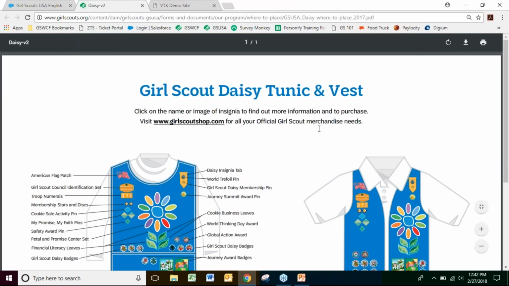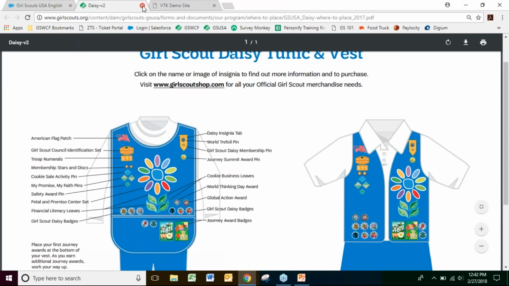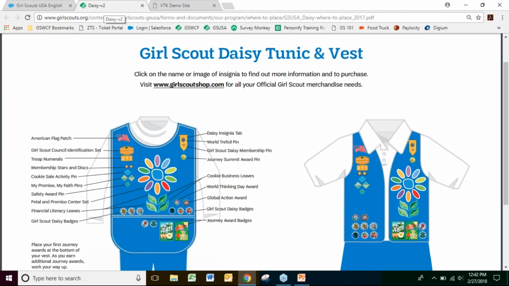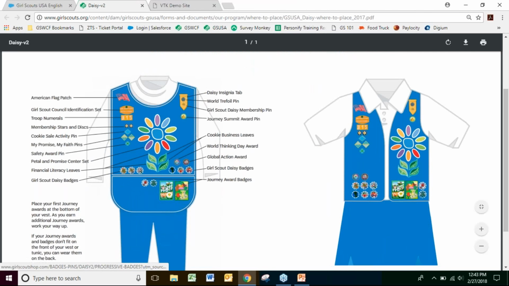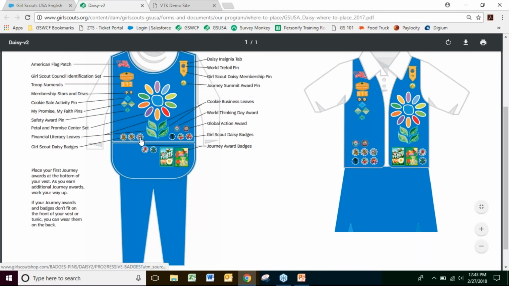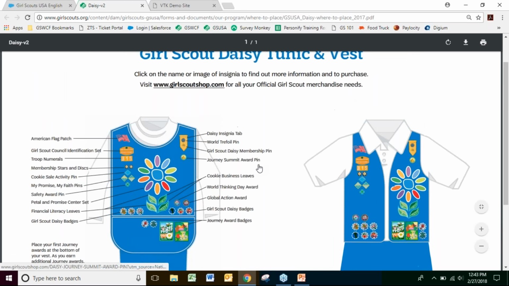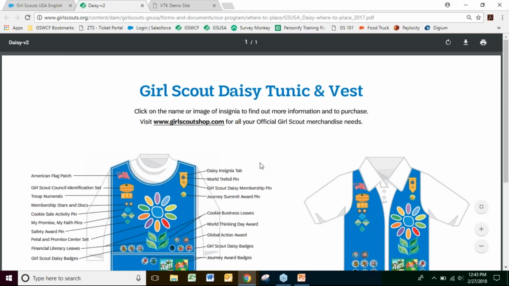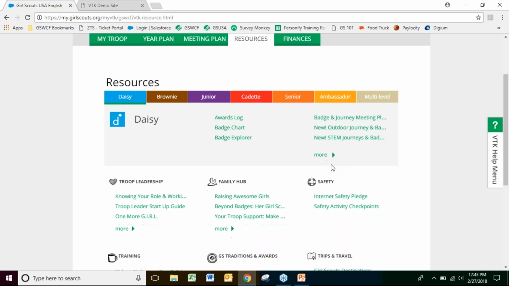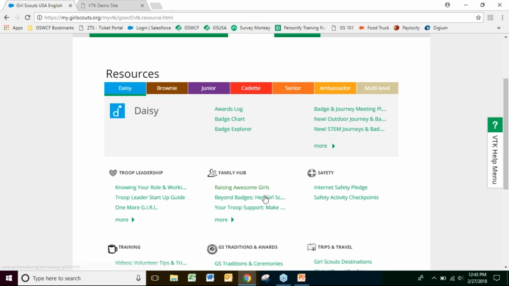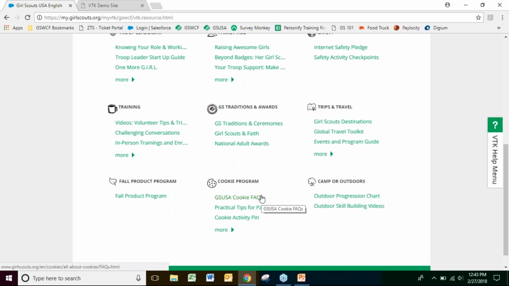Going back to the resource tab, you can also click on the uniform placement for each particular level. You'll see the newly placed badges and journeys on the girls' uniform that you can share with your parents. The parents do have access to this resource tab, so they too can see where to access this information, especially the uniform placement. Down below that, there are 9 different categories